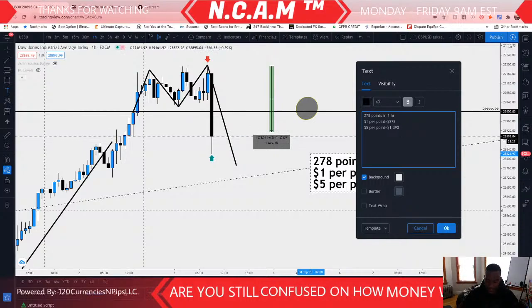And that's nothing. Look, you could be way more aggressive, which you guys probably will, because you're gonna see the patterns and see this stuff happen over and over again. It's gonna be right dead in your face over and over again. You're gonna feel so crazy if you don't take advantage of it, because it's gonna happen that many times. 278 times 10. Do the math. That's $2,780 you would have made in 1 hour.